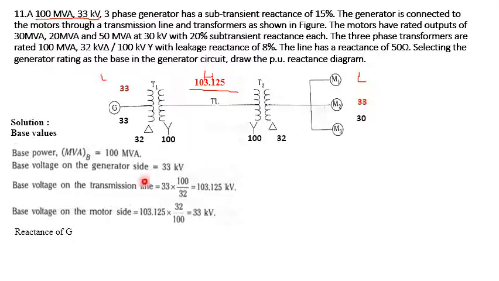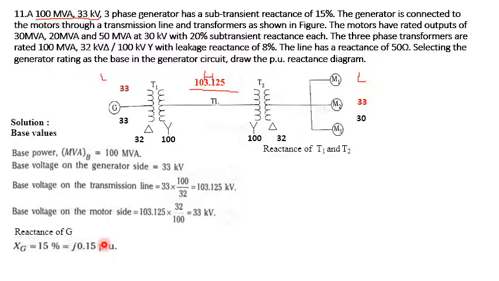There is nothing complicated here. We just need to draw the reactance diagram by calculating the reactance of all the components. So Xg is equal to 15%. We are not recalculating it because the actual and base values are the same. 15 divided by 100 is 0.15, into MVA base 100 over 100, voltage 33 over 33. You will get 0.15 per unit.